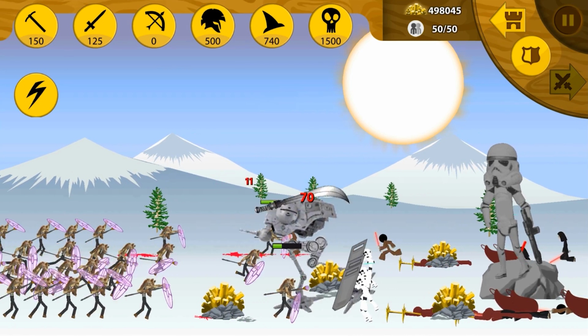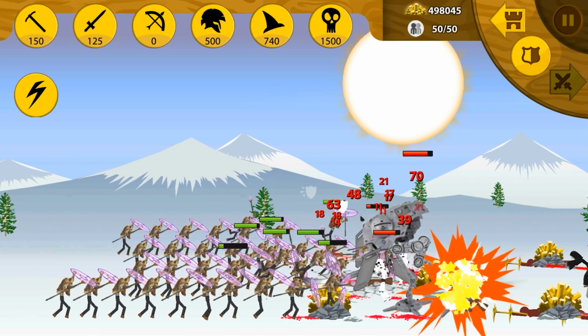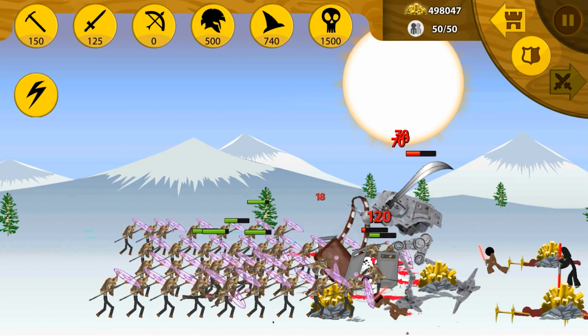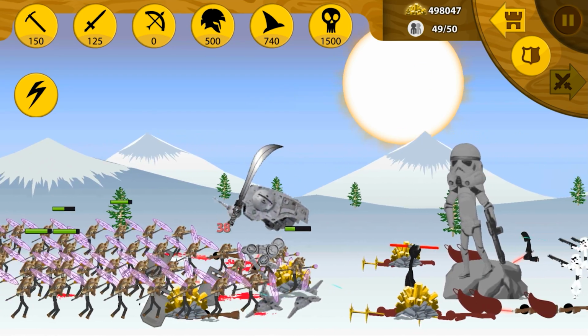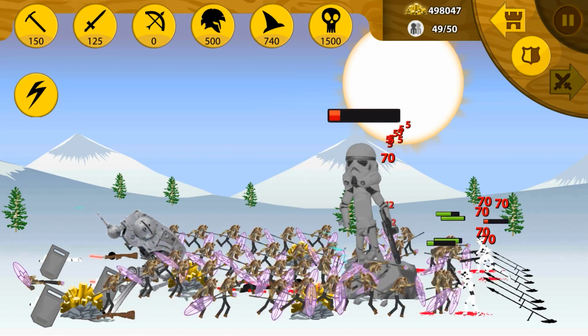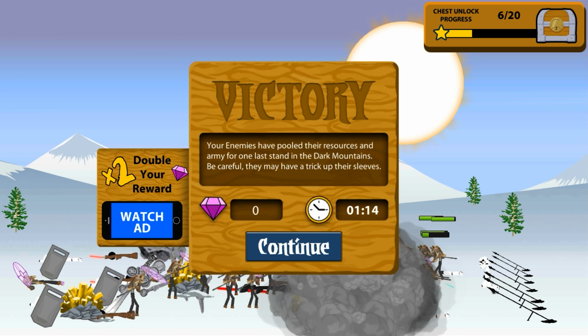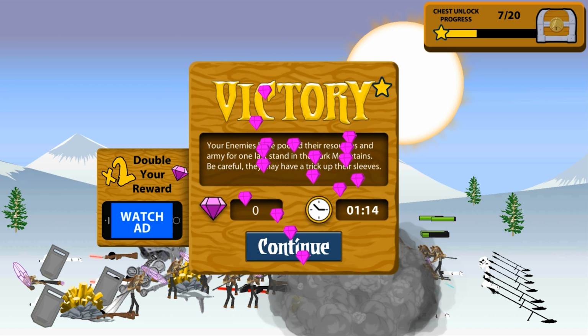Although Gungans would use those funny little EMP-like blue energy balls that they used to great effect against the Trade Federation. Later, a member of the Separatists, the Confederacy of Independent Systems, or the CIS, right? That's what it was. So anyway, guys, we need an idea for the next mod here in Stick War Legacy,